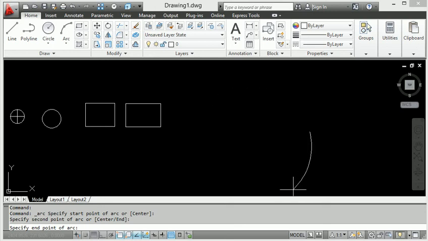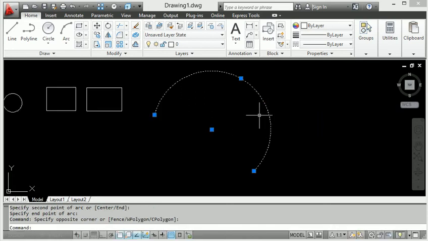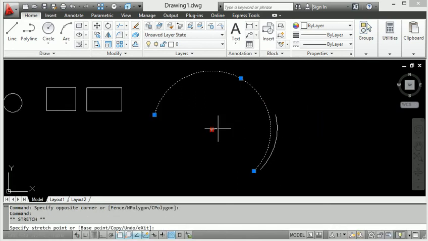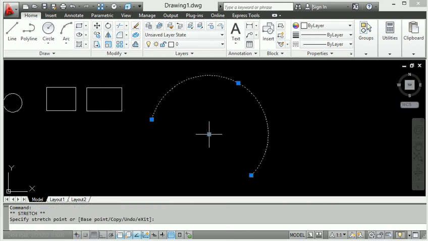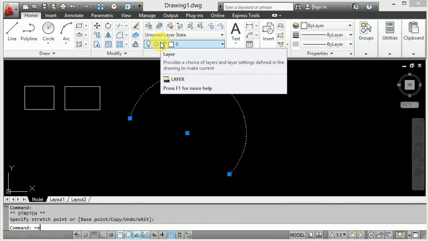Anywhere we can create the arc. So these are the different ways to make the arc using the home page command.